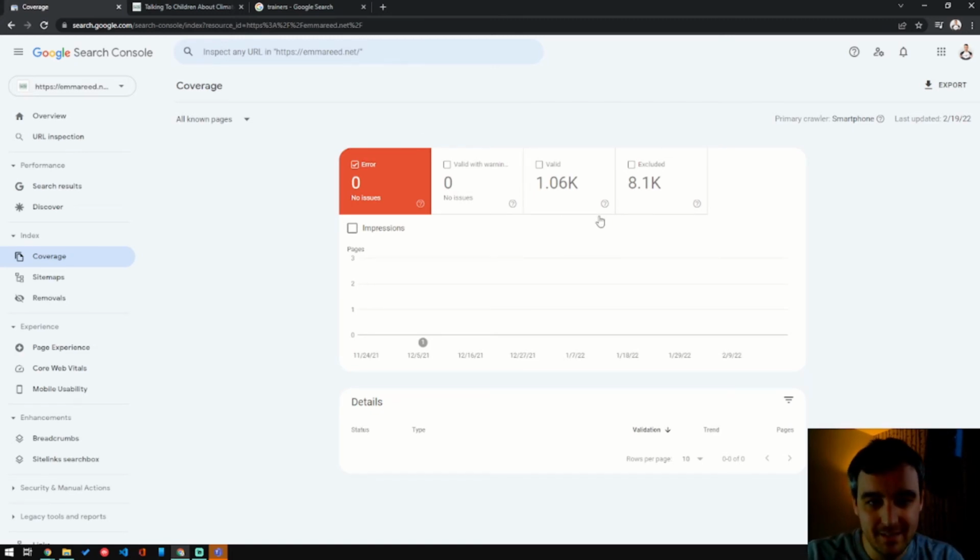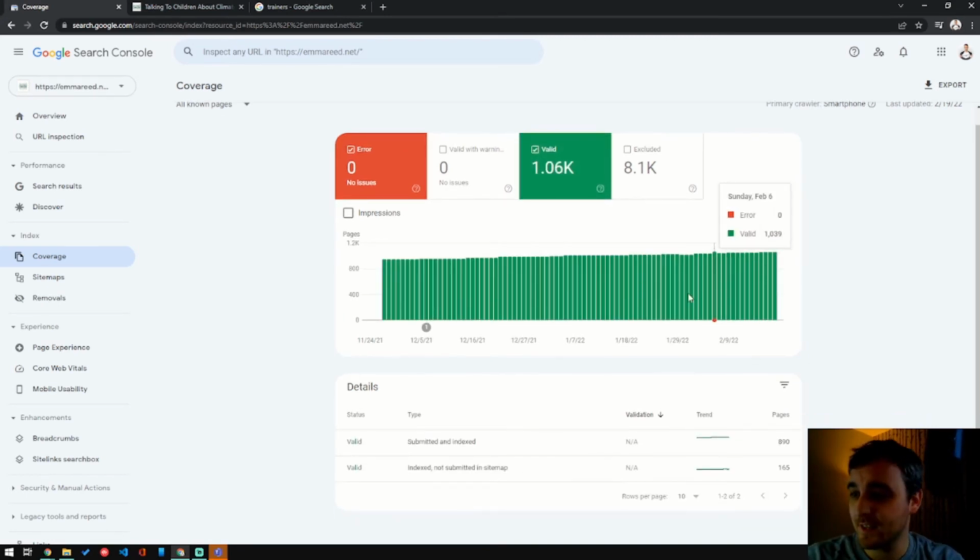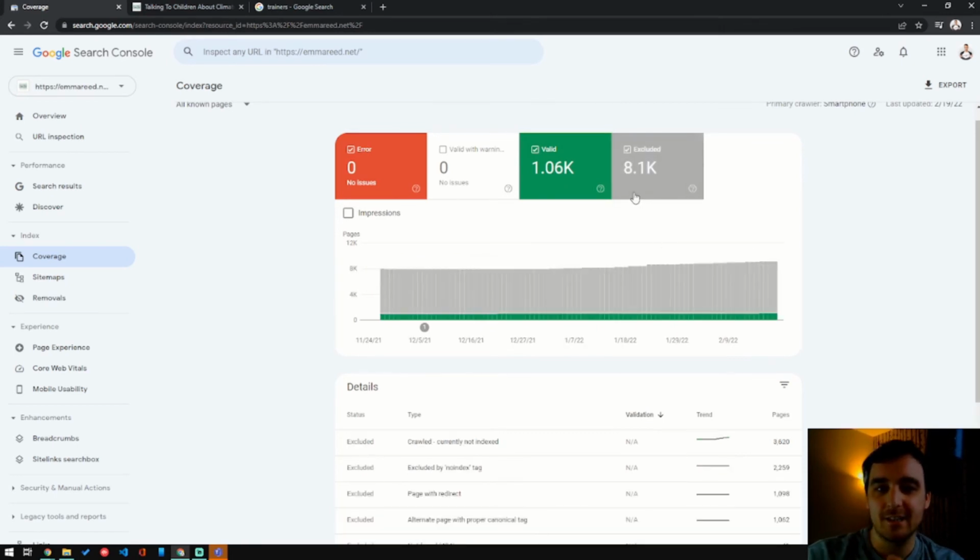From my site, what's in the index. And we can see here there's no errors, which is a really handy tool. It'll tell you if there's any problems, any issues, but it'll say these are all the valid web pages that are here. Actually, a question that I saw on Reddit the other day was, why are there so many excluded